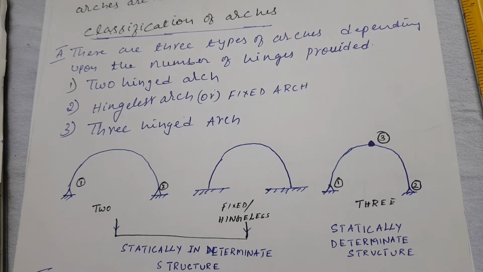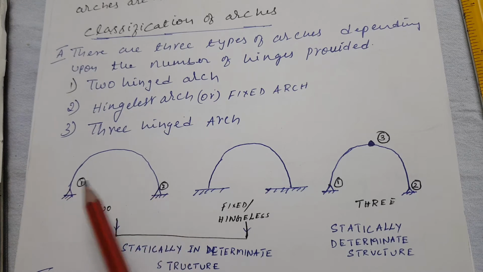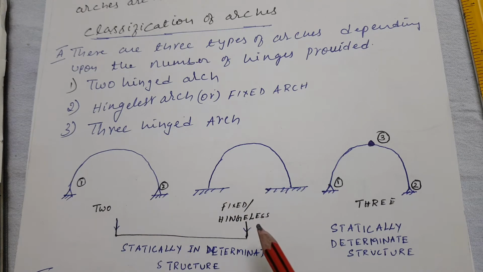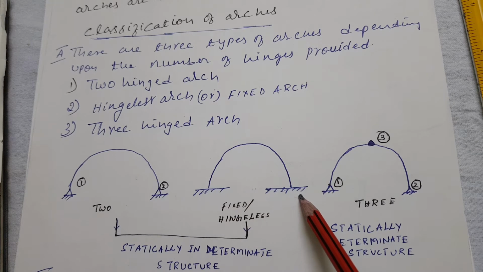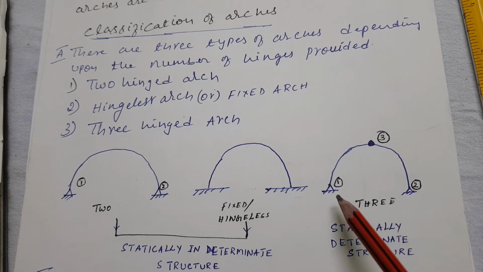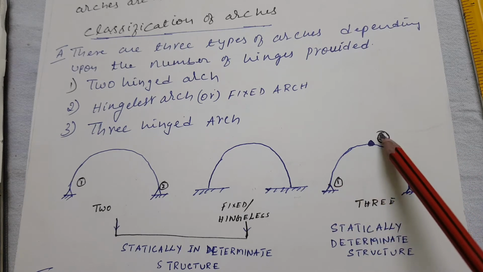Okay, the name itself indicates. See, this is an example of a two-hinged arch where we have 2 hinges at the bottom. That is called a two-hinged arch. And another one, this is a fixed or hingeless arch where there are no hinges but we have a fixed support at the bottom. Whereas in a three-hinged arch we have 3 hinges, 1, 2 and 3, one at the top,